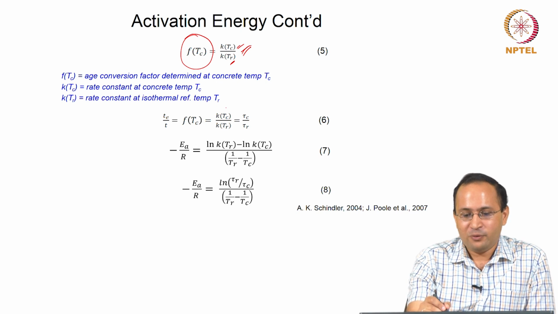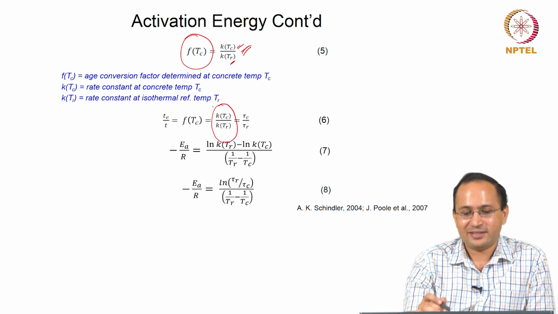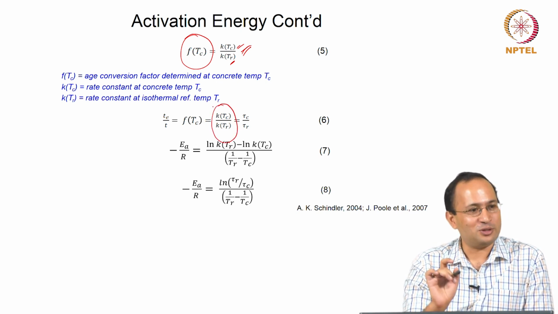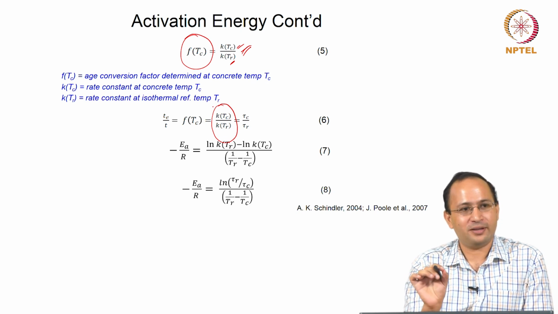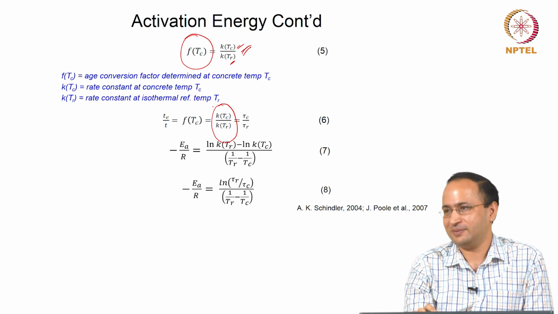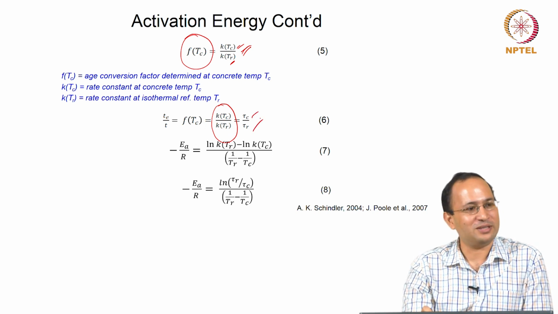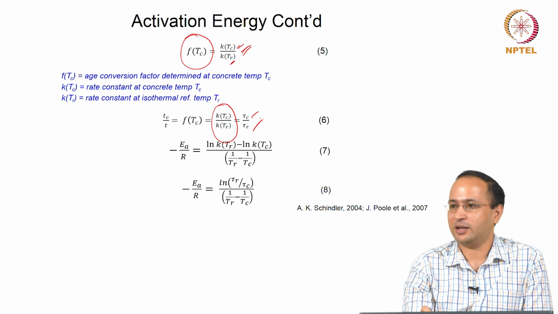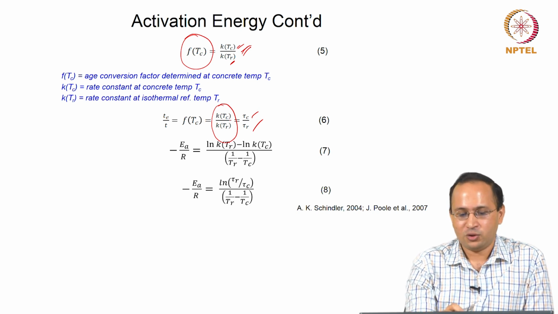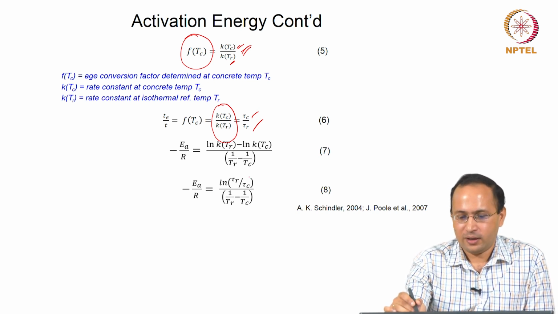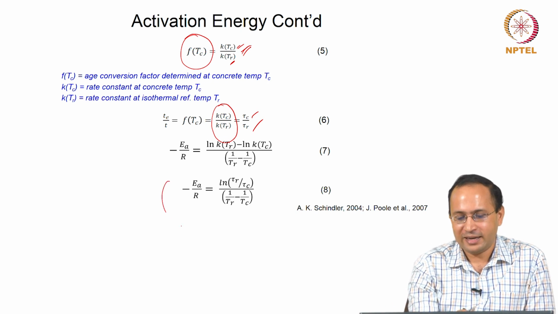So, we are interested in this ratio of rate constants, because the rate constant depends on the temperature. So, the ratio of this is nothing but the ratio of time constants, tau C over tau R, right. So, finally, we can get this relationship